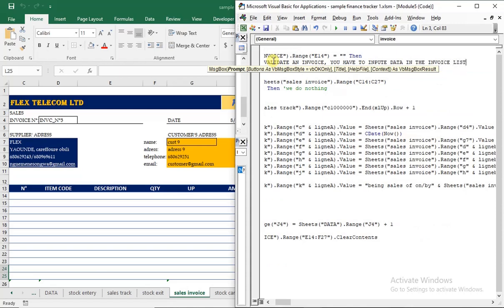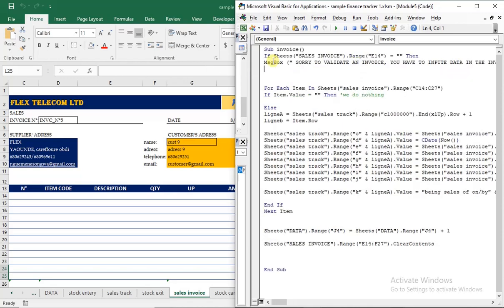So this is actually the message we want it to show. So we close this. So if this area is equal to nothing,